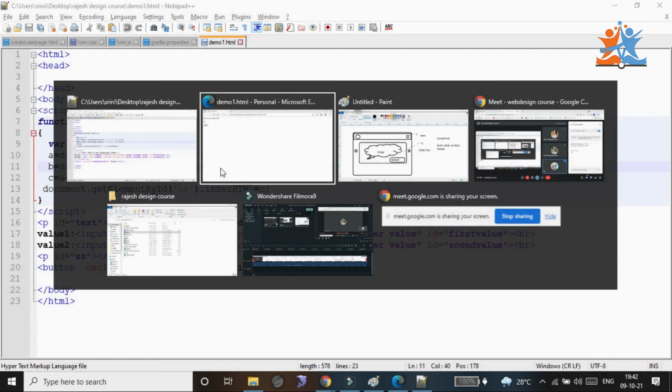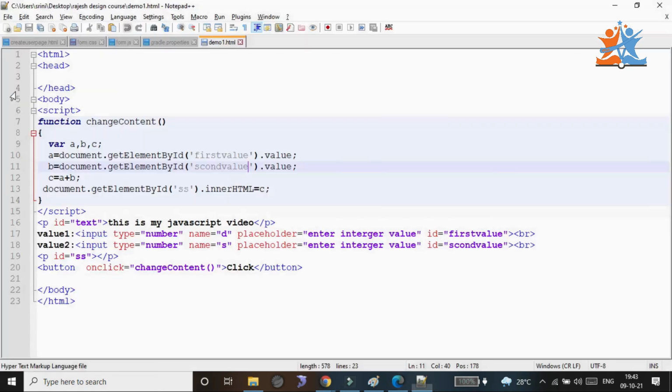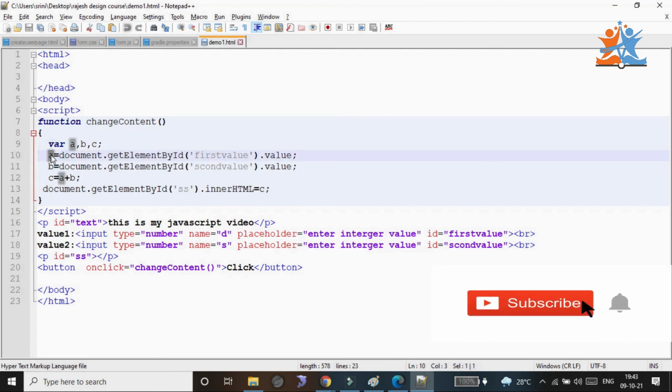No, addition is not happening now, because document dot getElementById dot value takes the value as a string type of element. If it were converted to integer, 5 plus 9 would be 14.